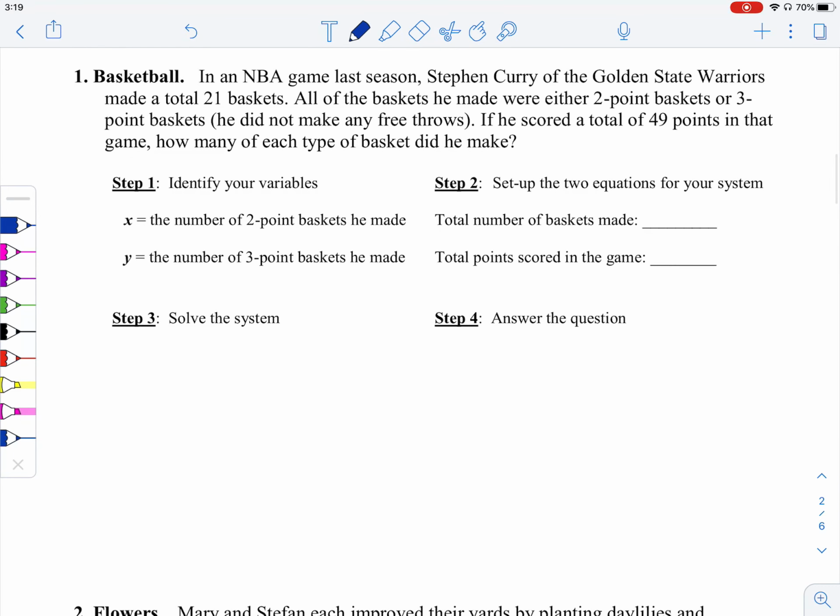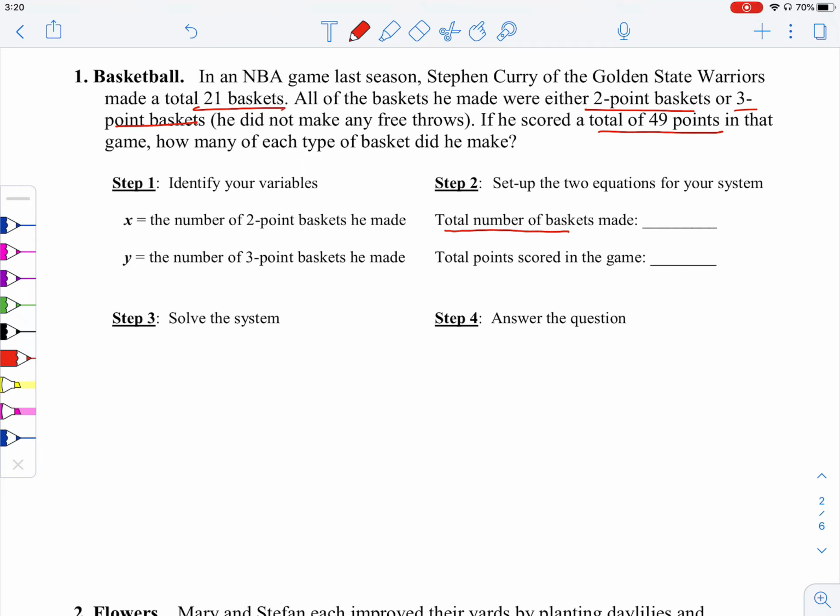Okay, let's apply it to word problems. So basketball. In an NBA game last season, Stephen Curry and the Golden State Warriors made a total of 21 baskets. All of the baskets he made were either 2-point baskets or 3-point baskets. He did not make any free throws. He scored a total of 49 points. How many of each type of basket did he make? Just like the problems before, if you have two numbers that add up to something,